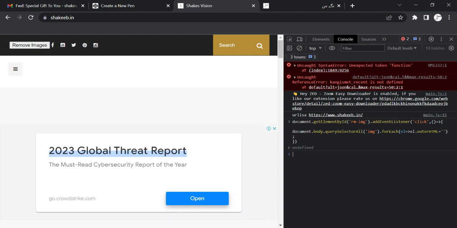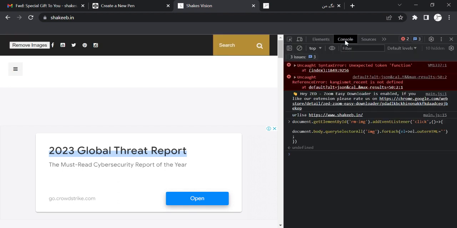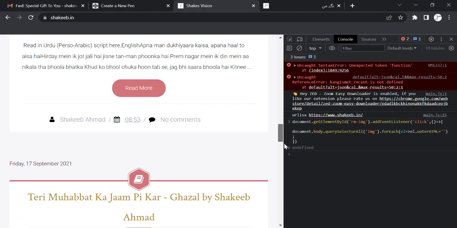I tried creating a button dynamically using JavaScript, but then I asked if I was doing something they didn't ask for. It turned out they just wanted the images to be removed on the click of a button. The button itself is not part of the problem, so I just added a button using HTML, assigned an ID to it, used getElementById, and added a click event listener. When you click it, every image from the blog is removed.